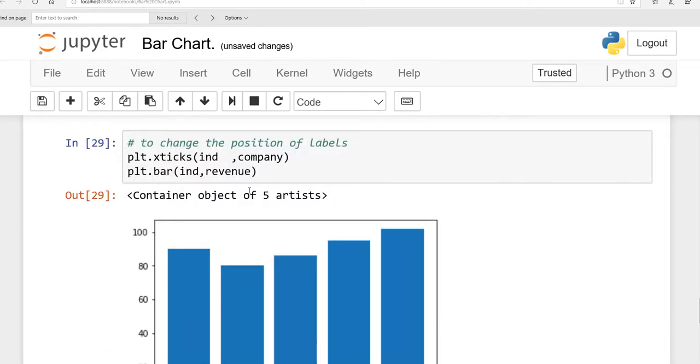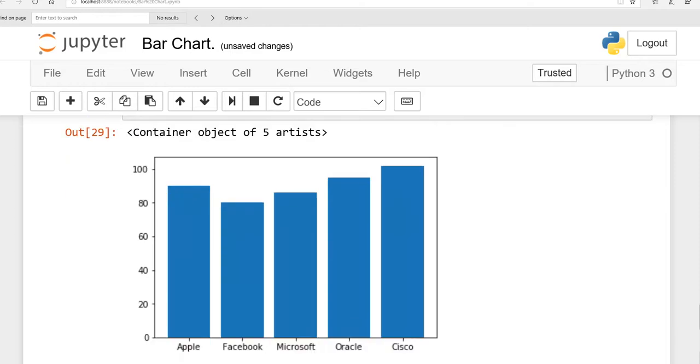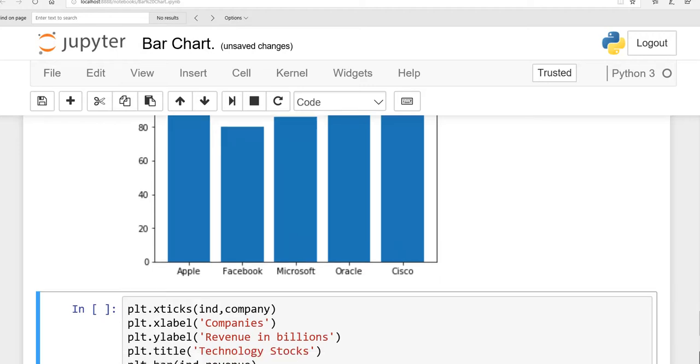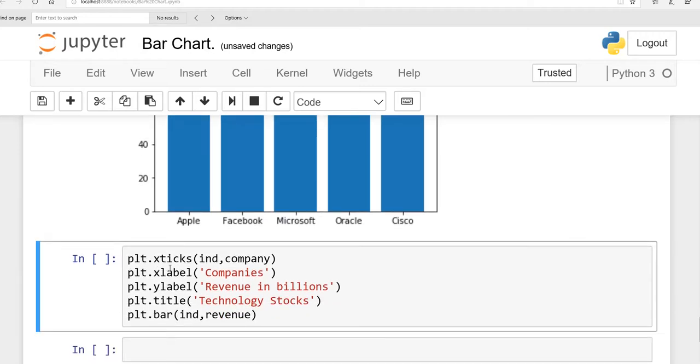Okay, now see our bar chart does not have any title, and people do not know. We know that these are in the billions, but for the future maybe we will forget. So here we have to make labels for the y-axis and x-axis and the title. So here I have written plt.xticks int and company, because int is the representation of company.